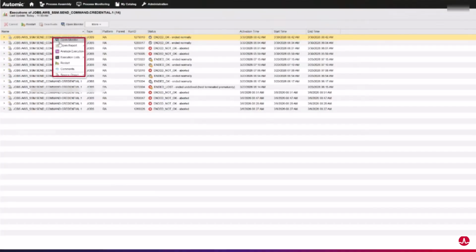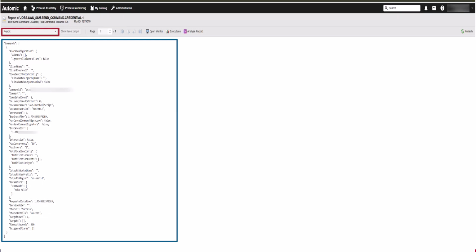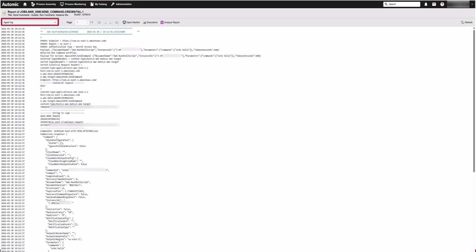So let's take a look at the report. It contains all the information that the target system sends to Automic Automation when the job has been executed. This information is presented in a structured output, including execution details and results in JSON format. In other words, the information is presented in a way that is easy to break down and analyze for further use within Automic Automation. The next log type is the PLOG type agent log, which shows all the agent's actions